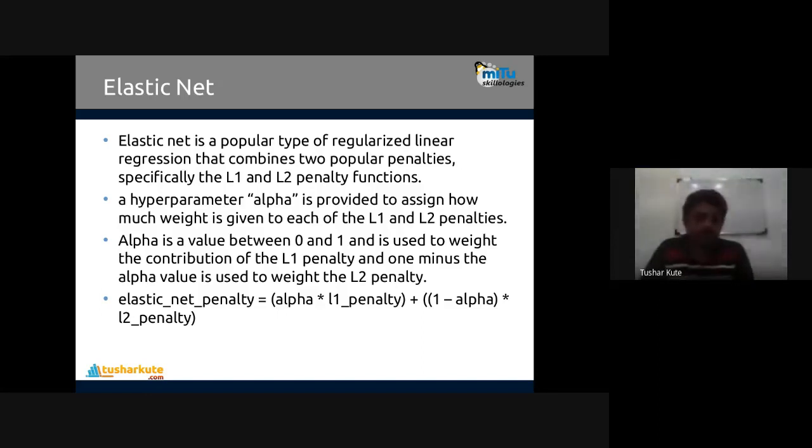Both are combined, and here we use one hyperparameter called alpha, which assigns how much weight is given to each of the L1 and L2 penalties. So elastic net is a combination of L1 regularization and L2 regularization. For this case, alpha, the hyperparameter, is a value between 0 and 1, which is used to weight the contribution of the L1 penalty, and 1 minus alpha is used to weight the L2 penalty.